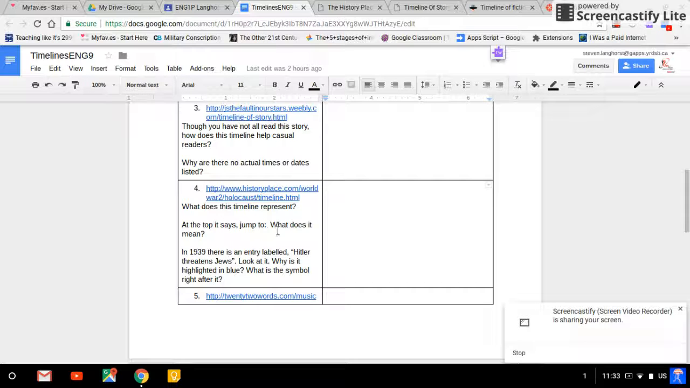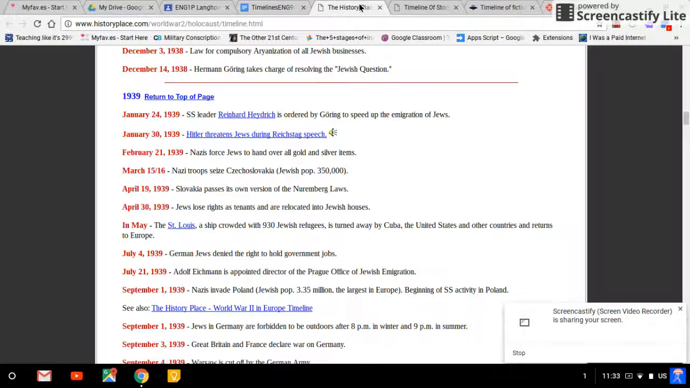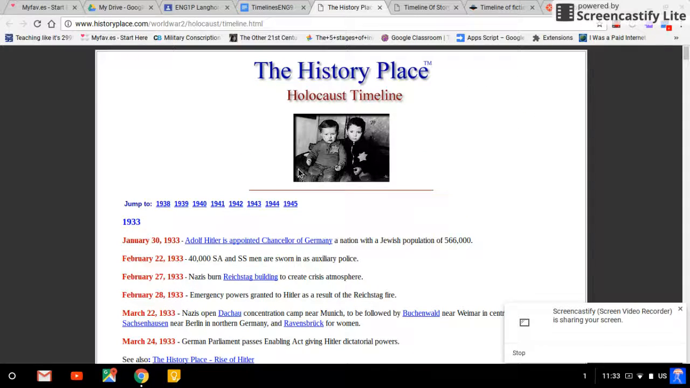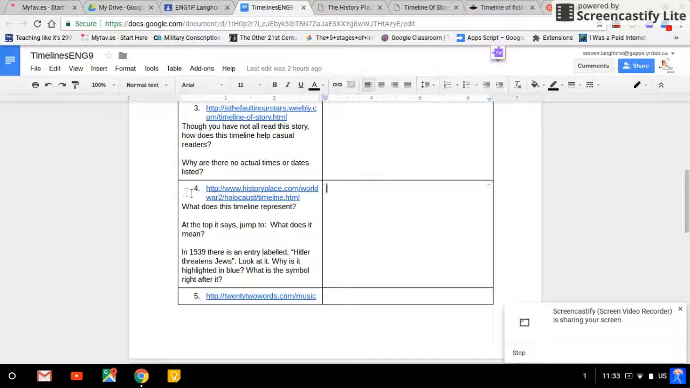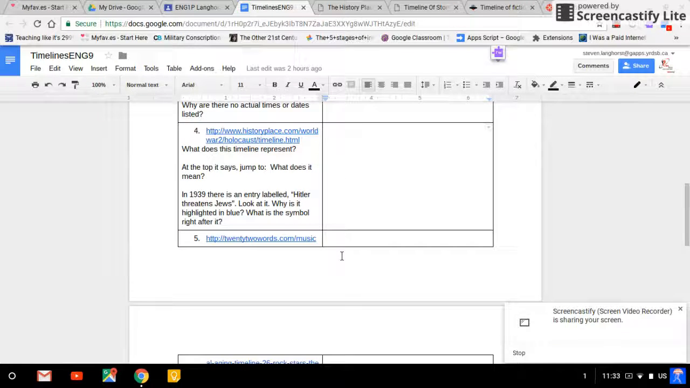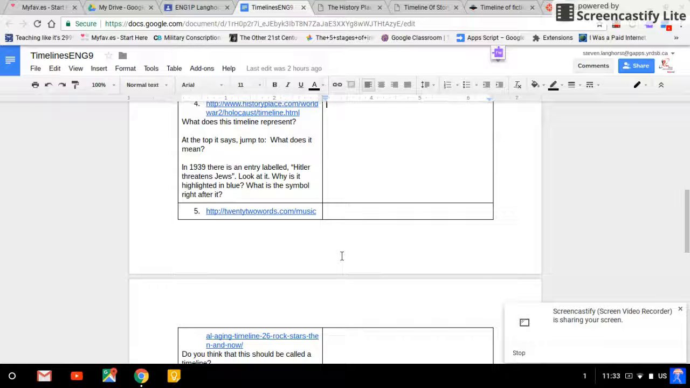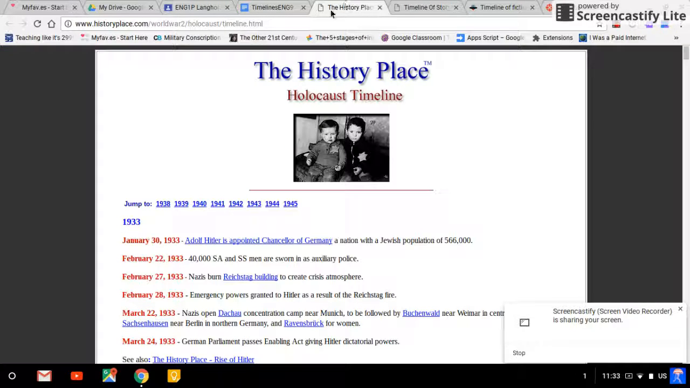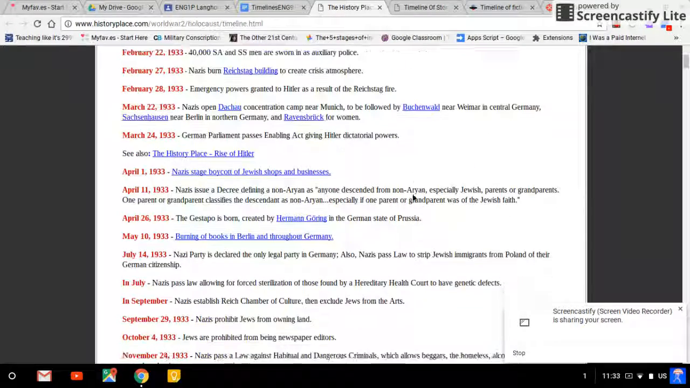At the top, it says "jump to." What does that mean? And again, some of these things are more internet savvy things. There's the word "jump to." What does that mean? And then the really big question is, in 1939, there's an entry labeled Hitler threatens Jews. Look at it. Why is it highlighted in blue? And what is the symbol right after it? Also, I recommend clicking on that symbol. It's a bizarre scenario, a bizarre speech. Oh, I just helped you with the answer. Anyway,